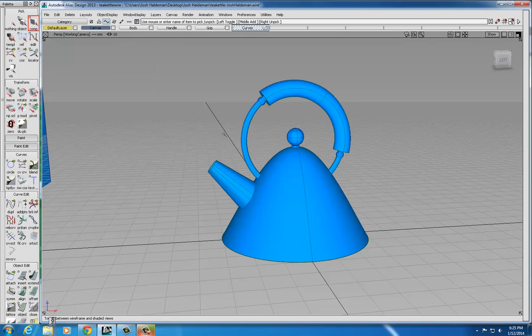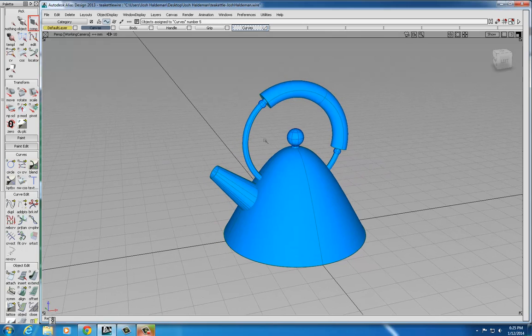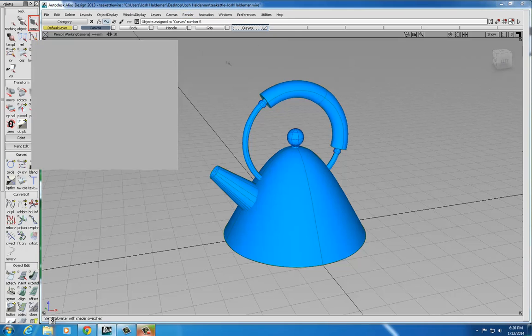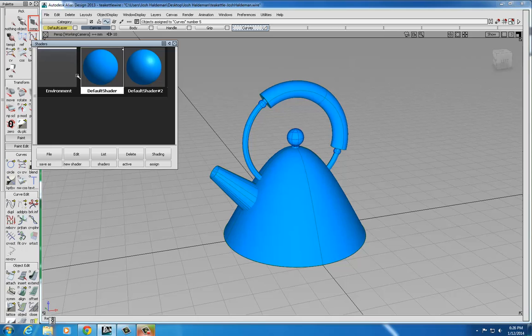If I go to the hardware shade, you can see that I've got nothing but primitives assigned to my object so far. And so what I need to do is create some new shaders and assign them to the body of the tea kettle. To do this, go up to your render menu, go down to multi-lister, and choose shaders. In here, you'll notice that this time, instead of having a black environment and a default shader, you've actually got two different shaders,